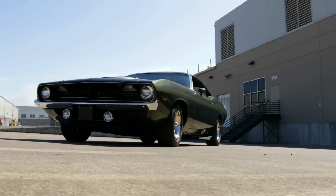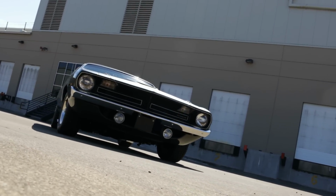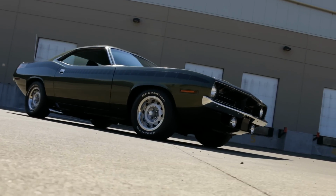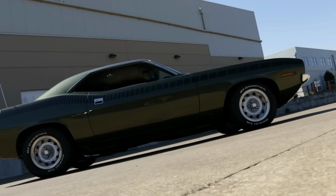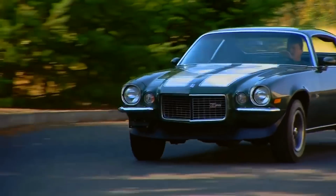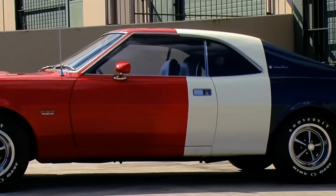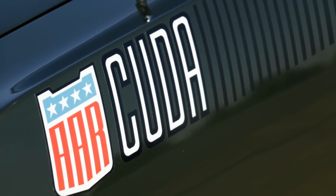It's interesting to deconstruct the AAR in the context of the day. The AAR model was Plymouth's street version of the comparable Trans Am series race car, as the rules of Trans Am stated that the automaker had to produce 2,500 consumer copies of any race car campaigned in the Trans Am series. Chevrolet had the Z28 Camaro, Ford had Boss 302 Mustangs, AMC had the Javelin, and Plymouth chose to name theirs after Dan Gurney's All-American Racers team, who built and raced in the Trans Am series with highly modified Cudas